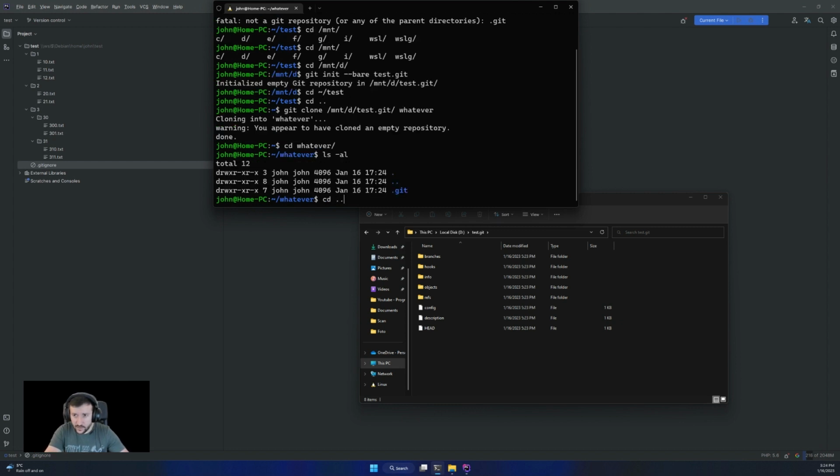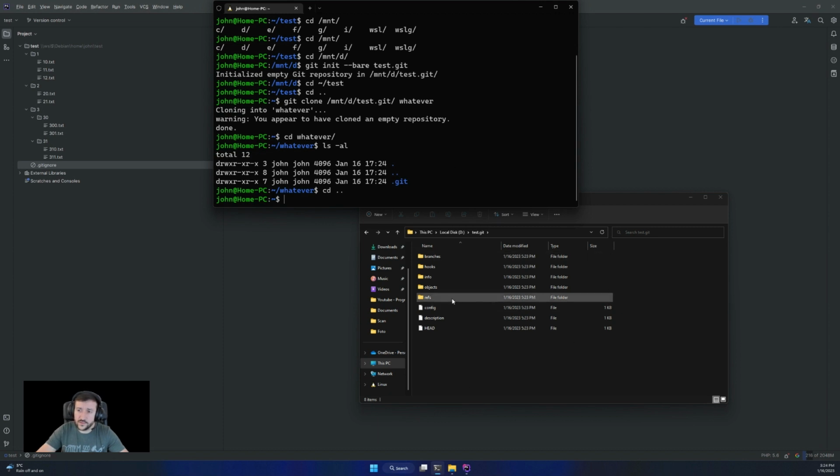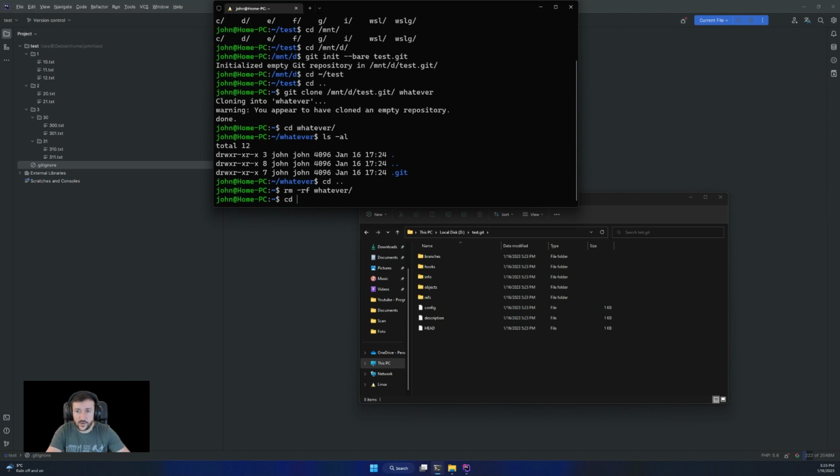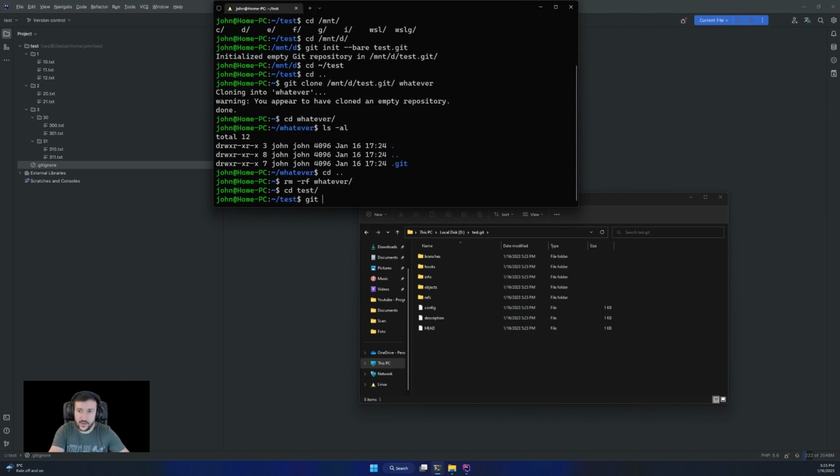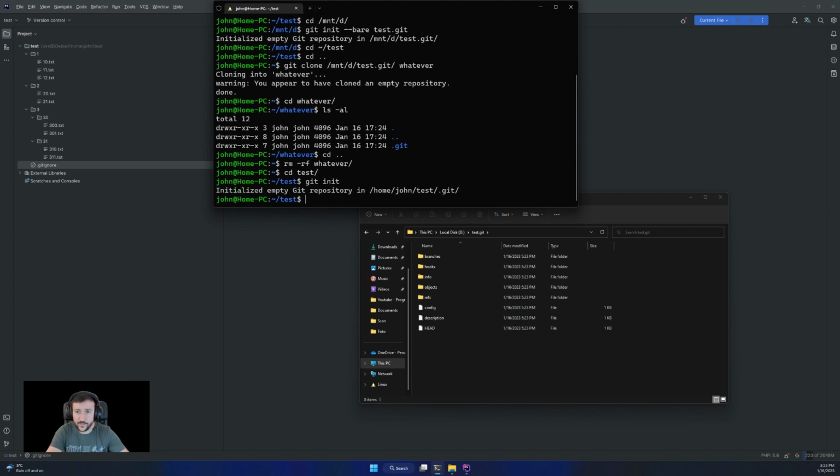So let's say I want to add this as a remote to my repo that I have in here. Let me remove that, whatever. So going back to the test, if I want to use it as a remote, I'm going to do a git init.